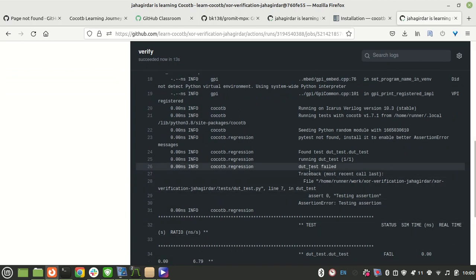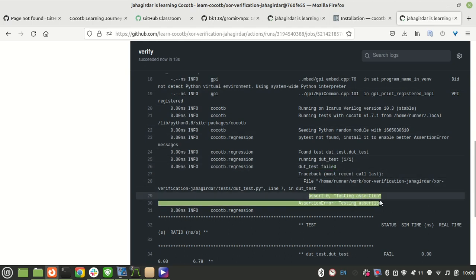Our test has failed, and it has failed on this assert 0. Okay,